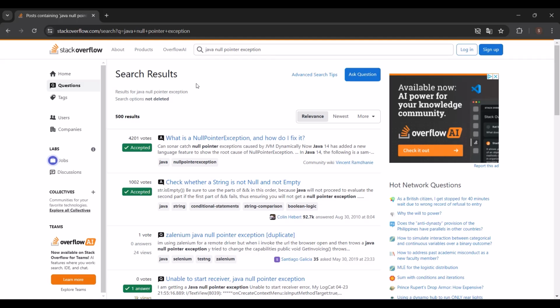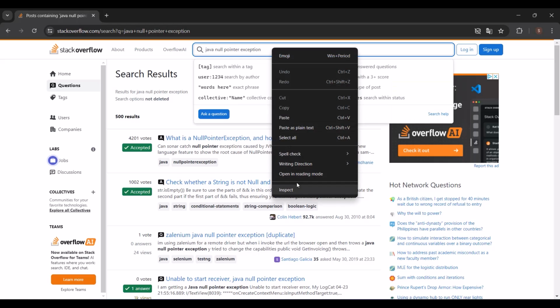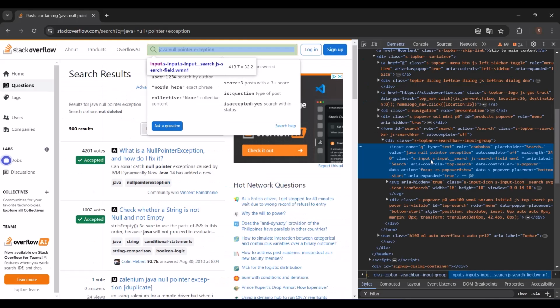Alright, so we have already talked about what we did here. So we made an HTTP request to the form action /search, and we have a question mark, and we have this q. So why do we have this q here, and we have q equals Java null pointer exception. That is a name, and let me right click here, go to inspect to see the name, and we have input and we have name q.